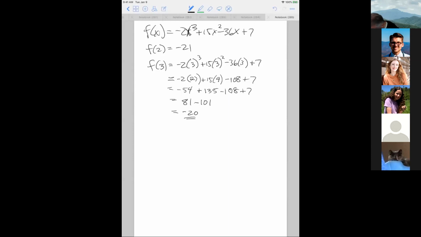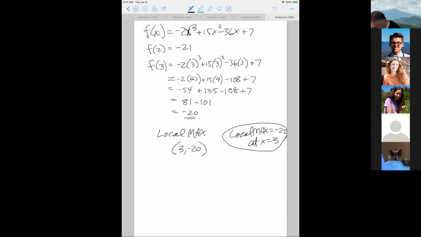So that means the local max is at the point 3, -20. Another way to say it would be local max equals -20 at x equals 3. And anyway, saying that tells me it's clear you understand the material in that sort of a fashion. This says it too. Sometimes separating it in that fashion can clarify the circumstance. And again, the same with local min then, if I wrote it in this format, would be 2, -21. And make sure it makes sense. So local min equals -21 at